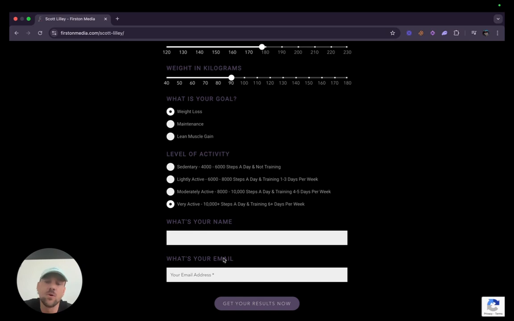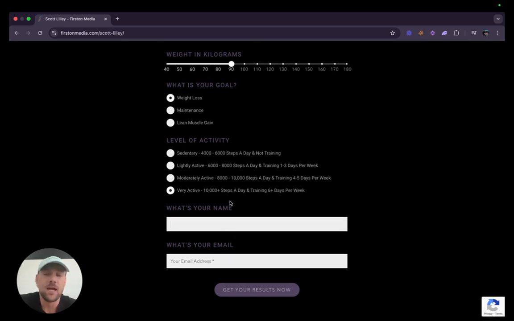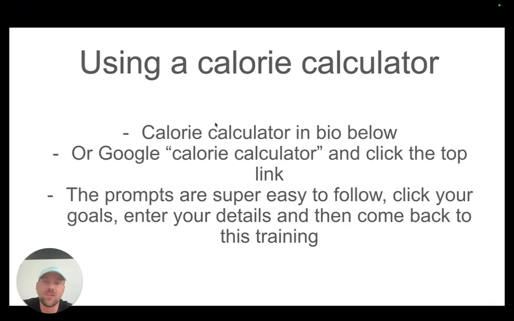Then you enter your email address and your name, and then click get results now. Once you have your results, come back to this video and I'll explain everything in detail on exactly what you need. Basically, by the end of this video, you're going to be able to eat whatever you want and get